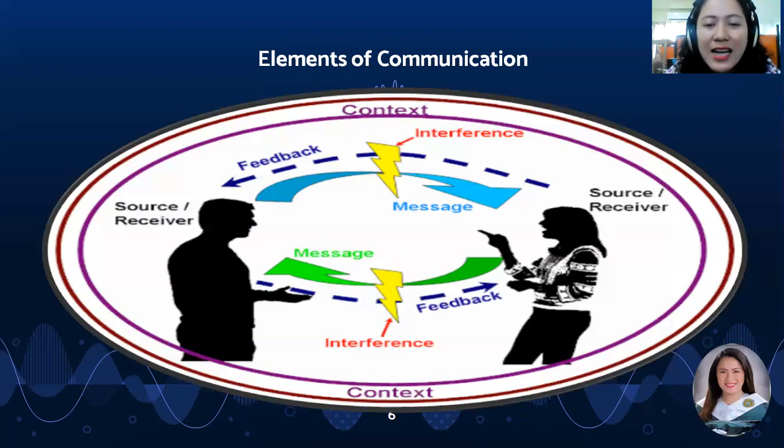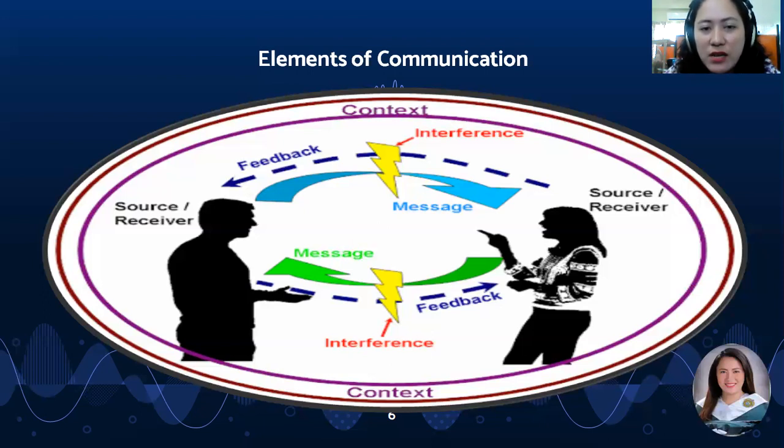So in the actual conversation, you cannot single out the flow of the communication, because as human as we are, that is as quick as the lightning travels. So it is already programmed in our brain that once we hear this, this will be our feedback and that will be our interpretation. And of course, the interpretation or the decoding of the meaning will again depend on the